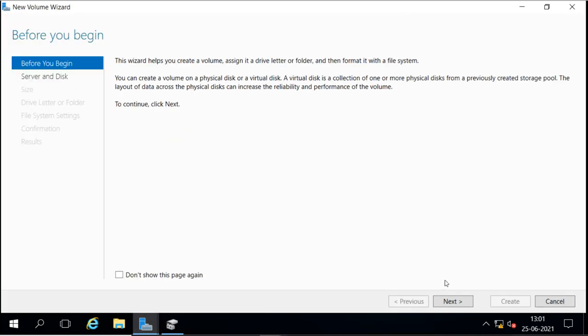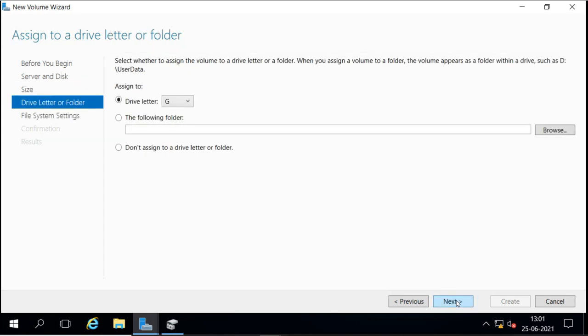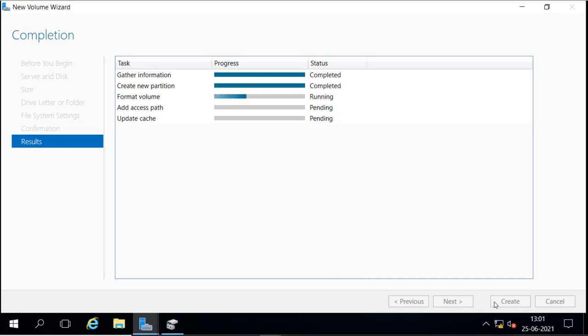You can directly create the volume and use that.